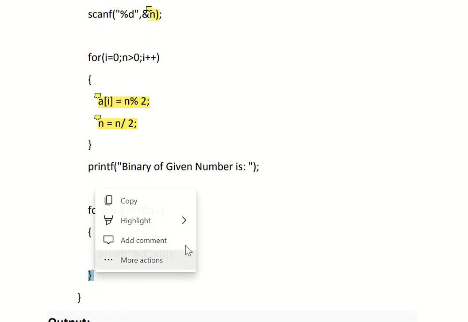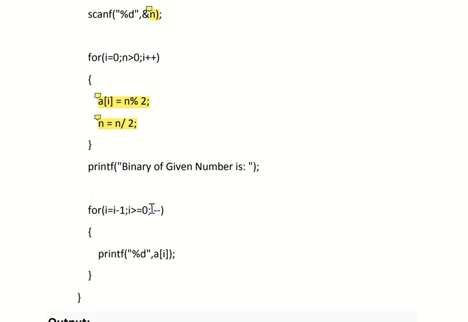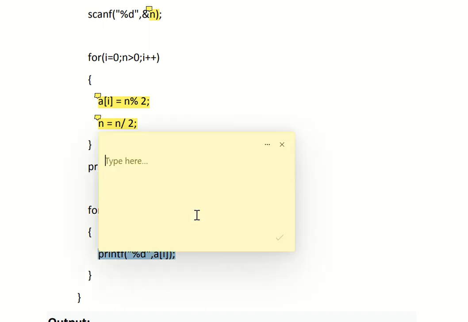Then bracket close means we have to come here, I minus minus. So now instead of 3, it will be I equal to 2. Again it will check for the condition 2 greater than equal to 0. Again condition is true only. So again it will be inside of this for loop printf a of 2. So a of 2 is also 1. Let me write our answer also here simultaneously.